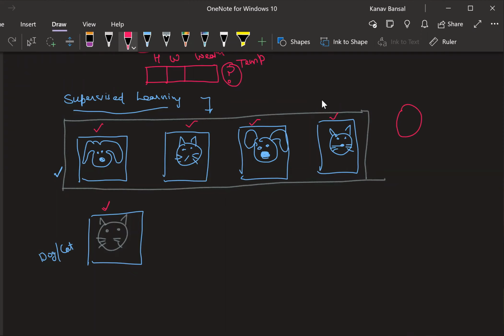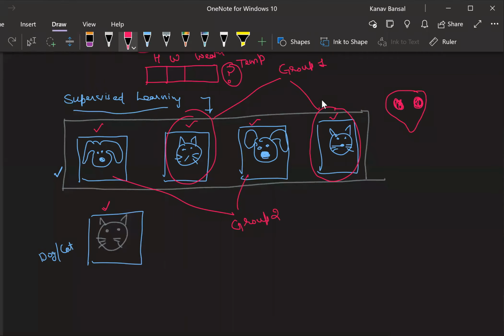Now, do you see what you can do in this data? Let's say you are an alien from some other planet. You can simply see that this photo and this photo look very similar to each other. So I can group them together, like a collection of cards. You can create a group 1 and similarly create a group 2. Is it something you can do? You can simply look at all the images and create two different stacks or two different groups.